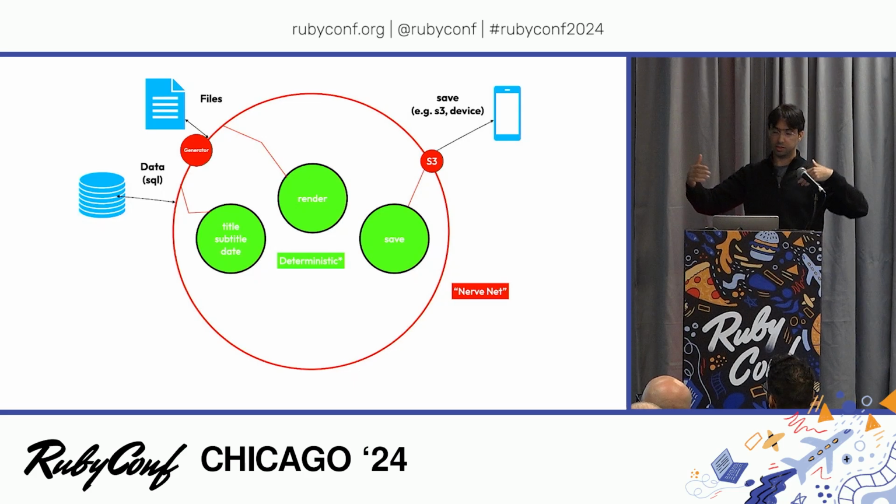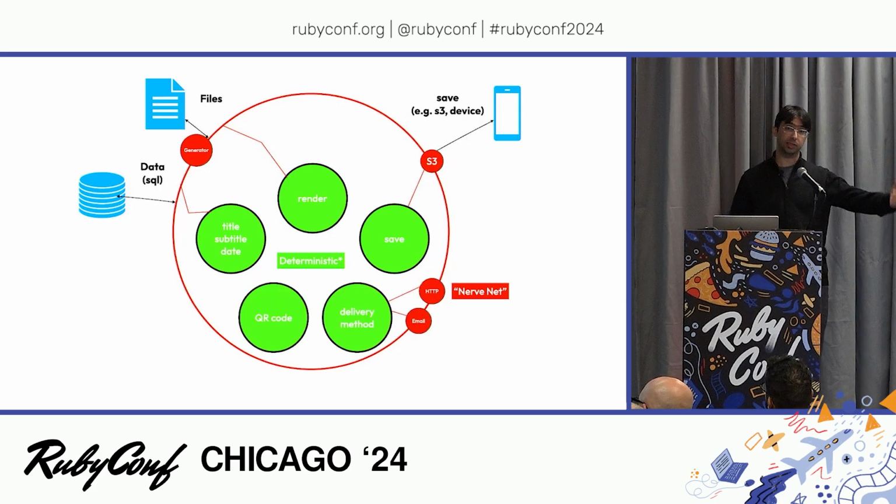And then let's imagine that S3 is actually a gem that we're interacting with. Maybe S3 is a gem, or maybe you've wrapped an S3 API. In that case, that's the outside. And we're just being mindful of what's on the outside and what's on the inside. And then for our components, we're going to try to be as deterministic as possible. That way, it's easier to test if you don't have to take care of errors and things like that.